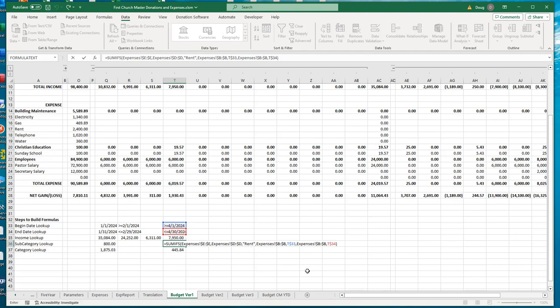If you want to do a similar thing, building a formula for looking up categories, then that would look like this formula. Okay, summarizing the values in E, but searching through column C, the categories, for the word building maintenance, and then the date range above. Okay, so hopefully that gives you an idea of how we need to build the formula,